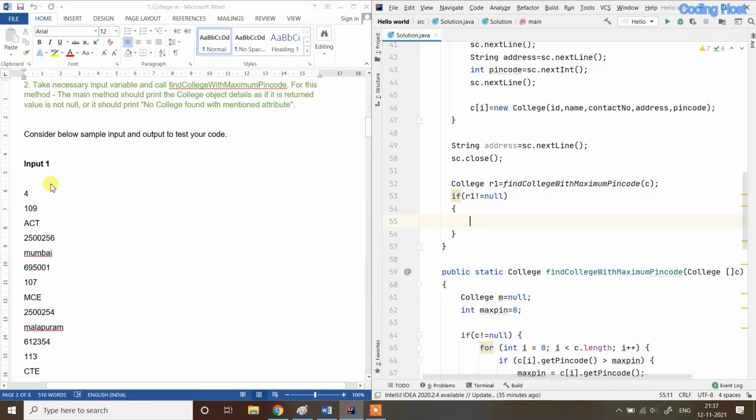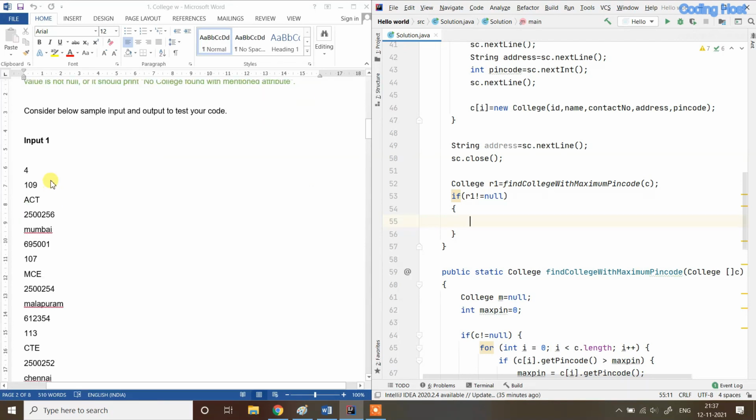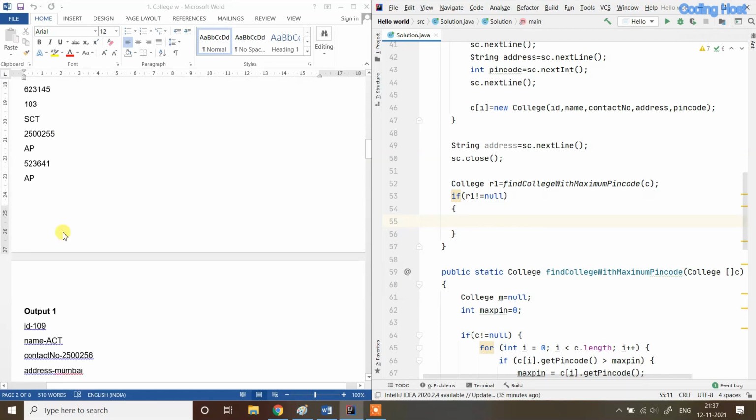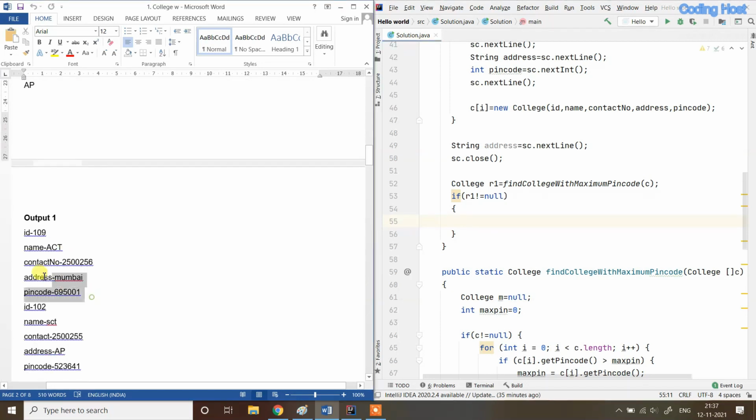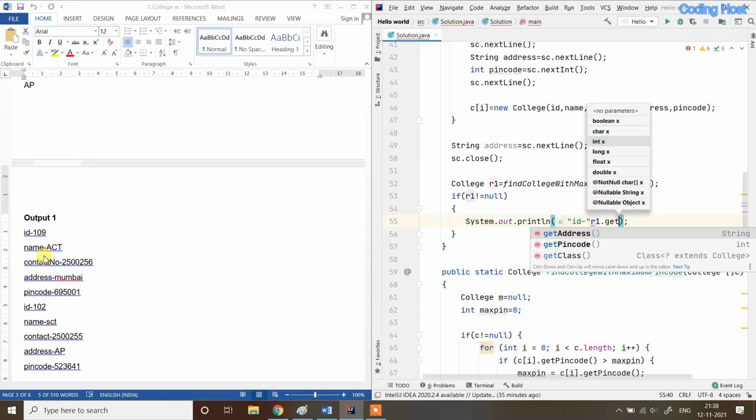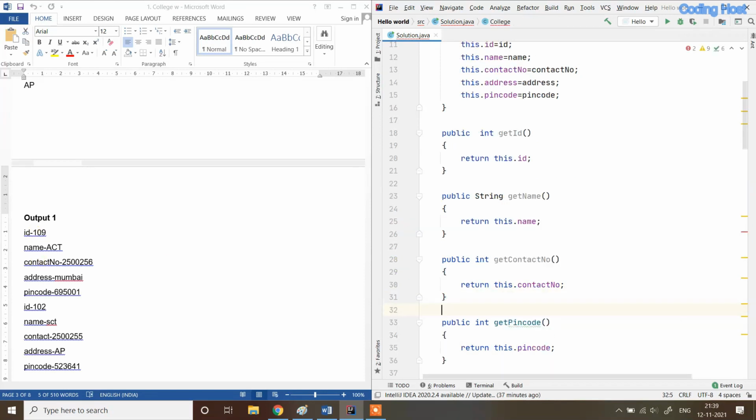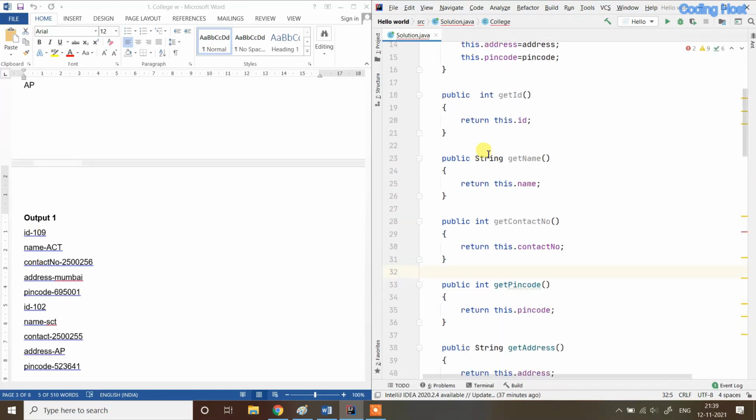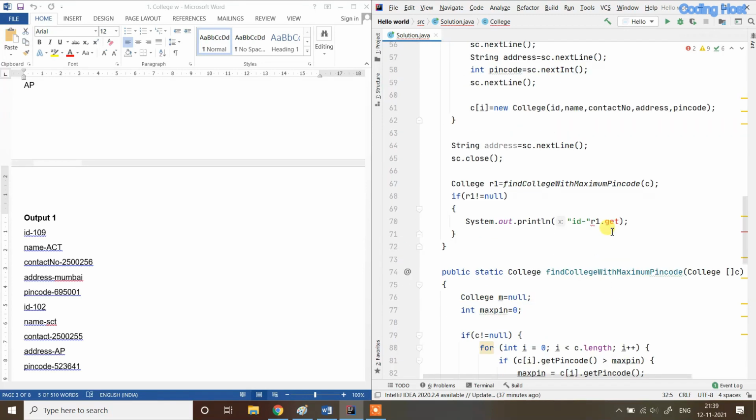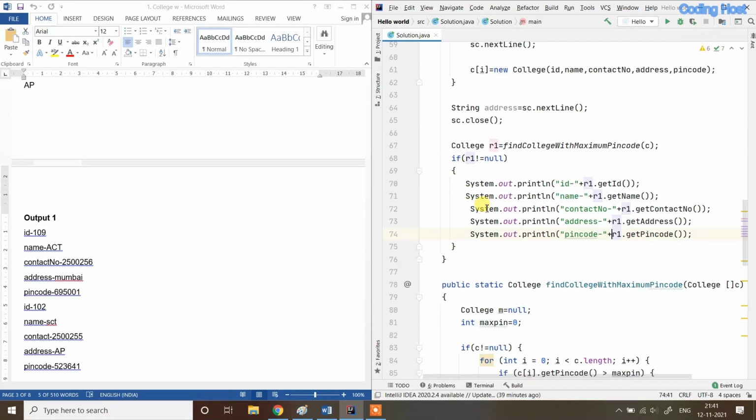Now here we have to print the attributes of this r1 variable. In the question they will also tell you the sample output. So here you can see that input 1 is here, and we also have the output 1 for this. So you can see that we have to print all the 5 attributes for the object we are getting from the first static method. For printing the id, name and contact number, we also have to make the getters of these 3 variables. So you can see that all our 5 getters are ready. Now we will use getters here to print the output. So now you can see that we have printed the output